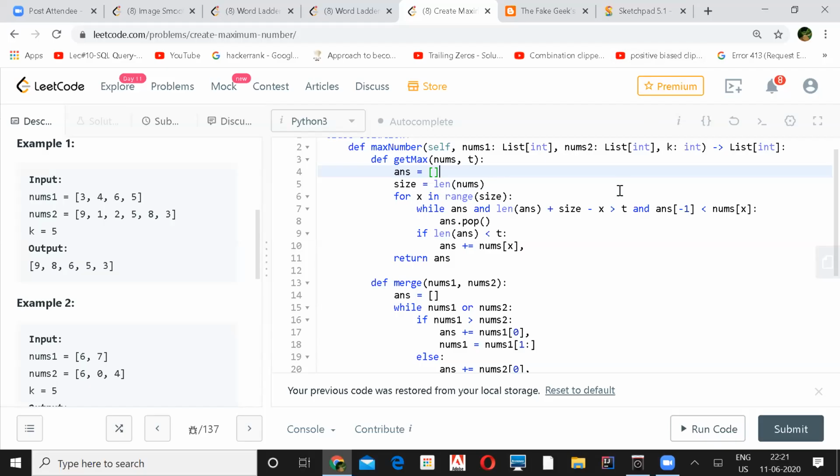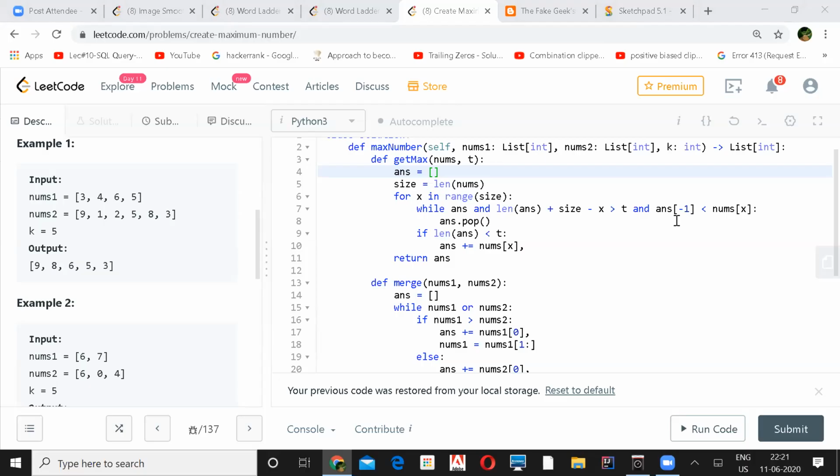So if you find that the current size of that nums is greater than your k, then you can apply that monotonic stack, and then you can see which is the greatest one. Then this condition holds true where ANS minus 1 is less than nums X, and then you can pop. You just want to throw away the elements which are lesser.